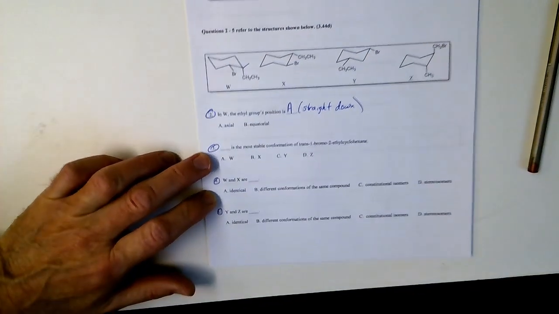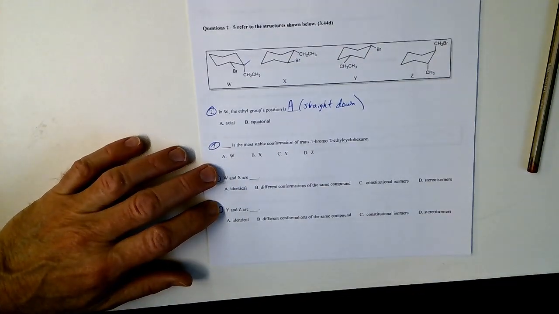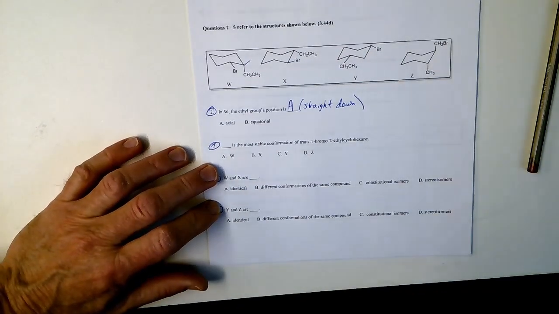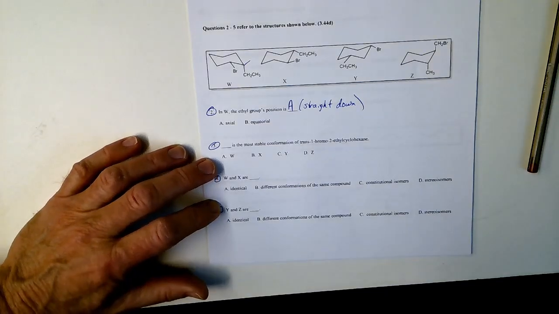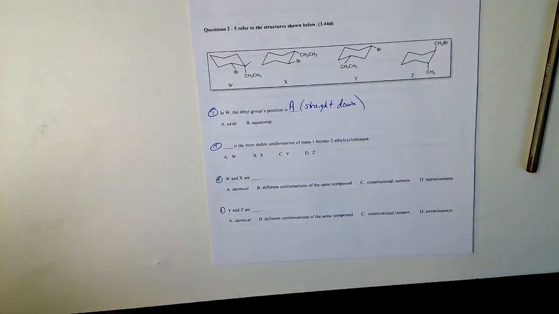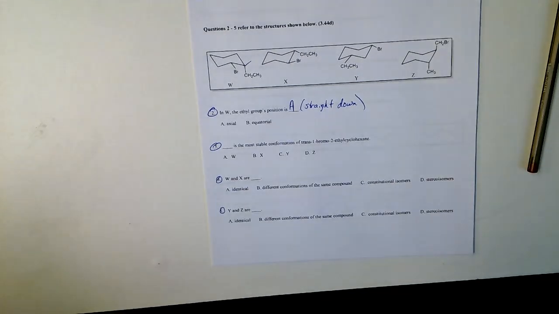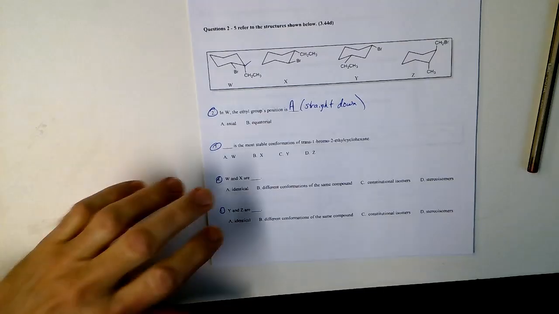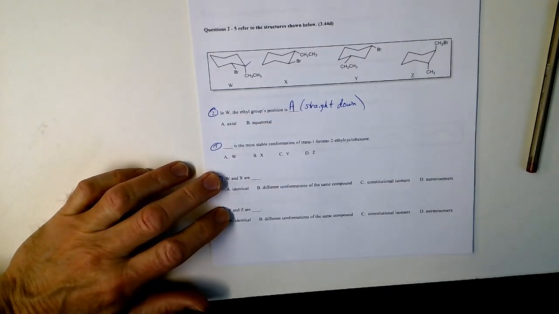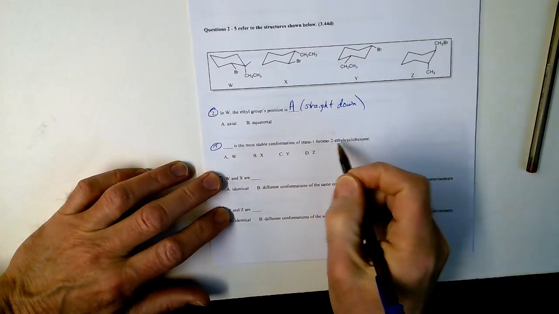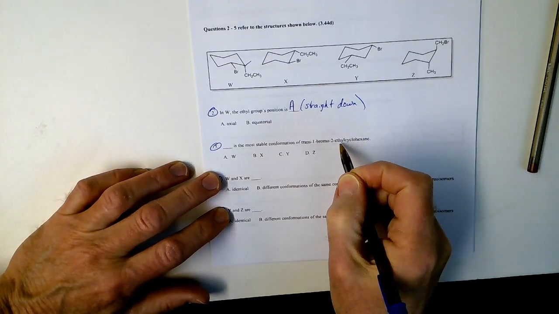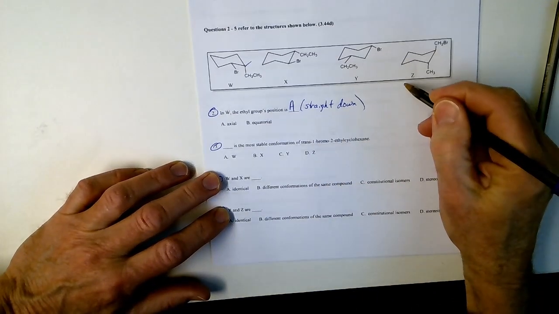All right, I'll just put little notes there. Let me know if you need more. And then the next one, which is the most stable conformation of? Okay, now here's a little list in the name. Trans. And then you need a bromine and an ethyl, and you need them on cyclohexane. All right, so how about if we look around for things that aren't even 1-bromo 2-ethyl? All right, this one right here